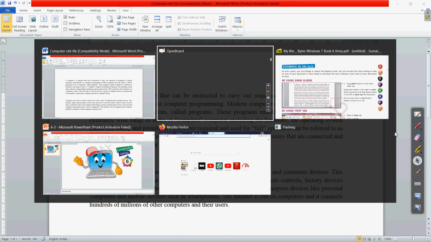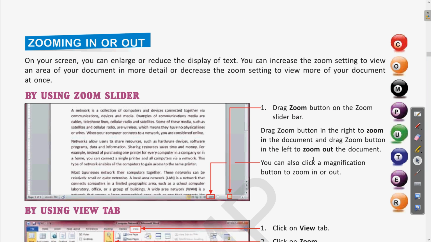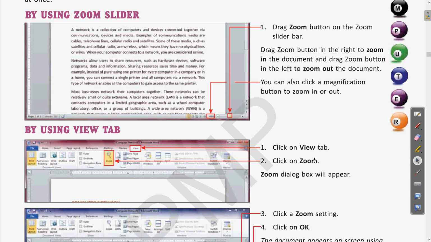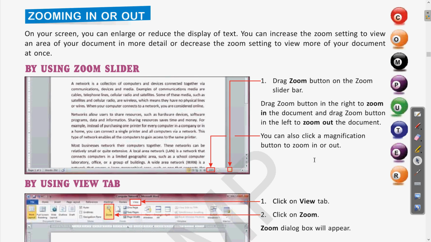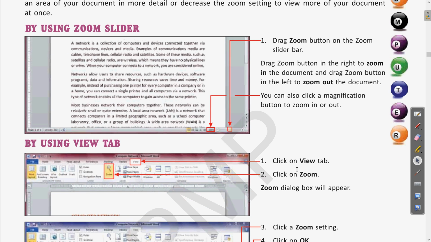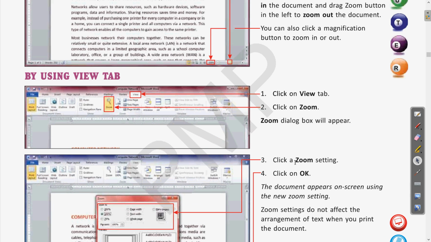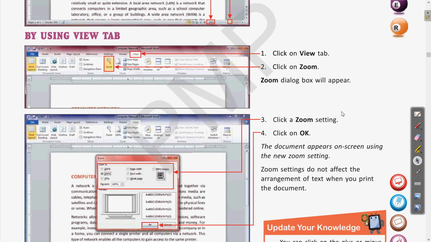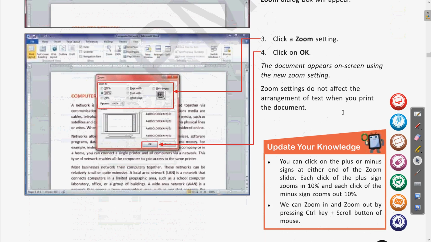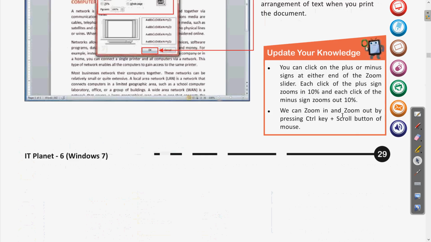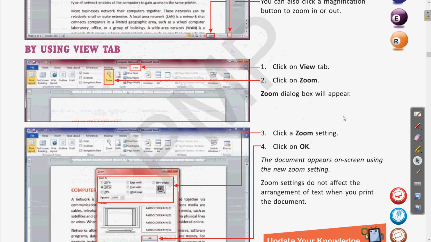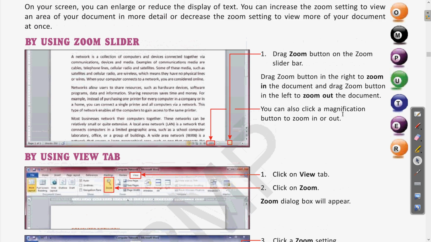Okay, let us see. Next we have the view tab. In the view tab also we can use zoom in and zoom out. If you go to the view tab, there we have the options for zoom. Let us see that also.